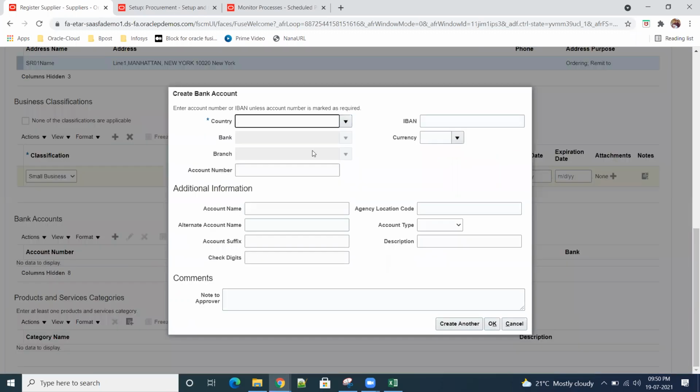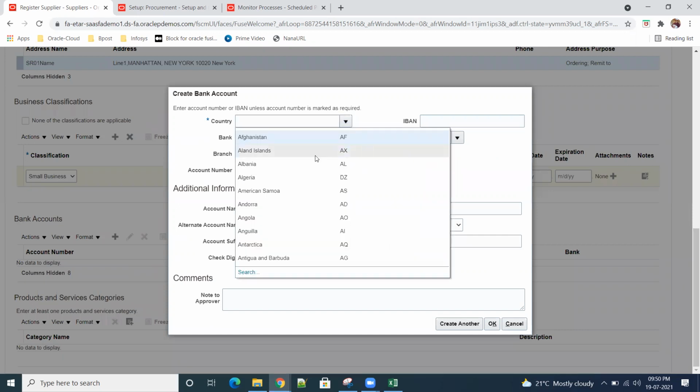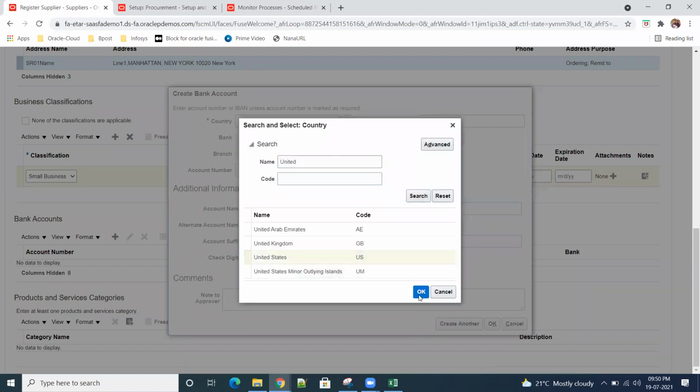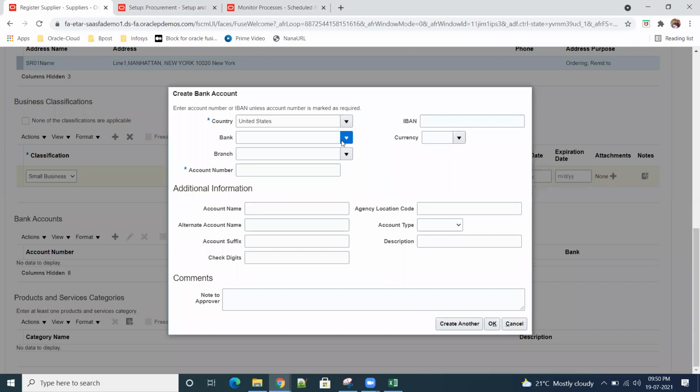Bank account. This bank account also we have to create, but let us see. I'll select an existing bank account. Country is United States. And then bank, is any bank there? No. American Bank. I'll show the setups for how to do this later, so for the time being we'll take the existing one. Any additional information you want, you can select it. Otherwise, click on OK. Currency also you can select. That's fine, it is optional.